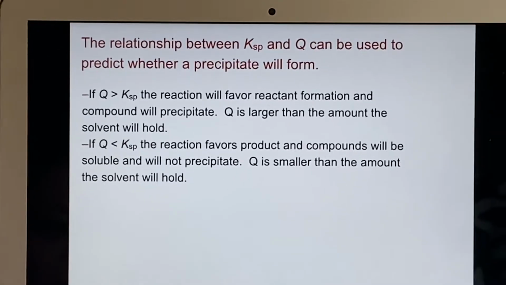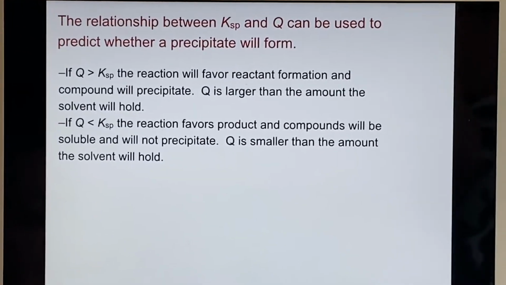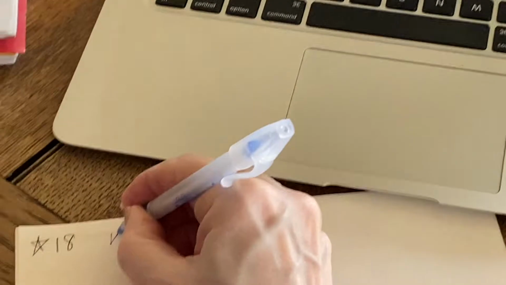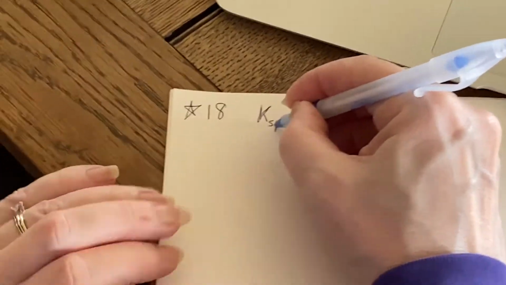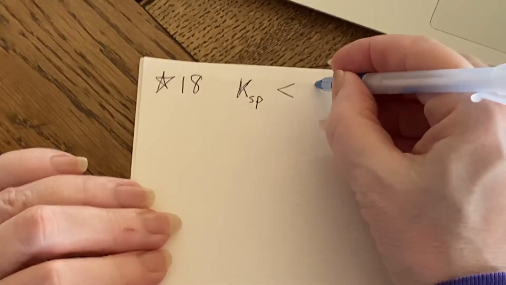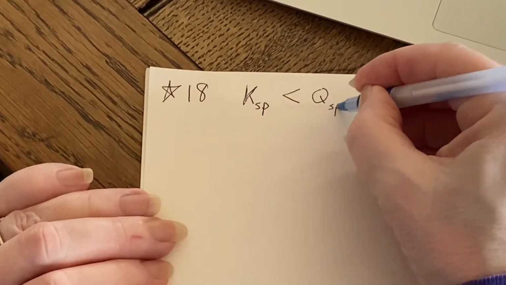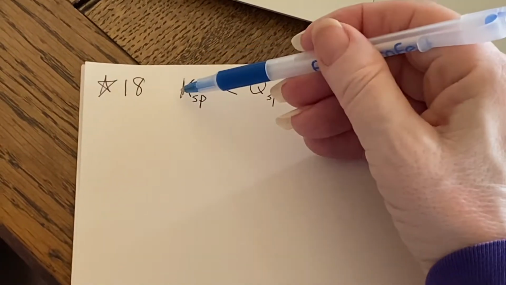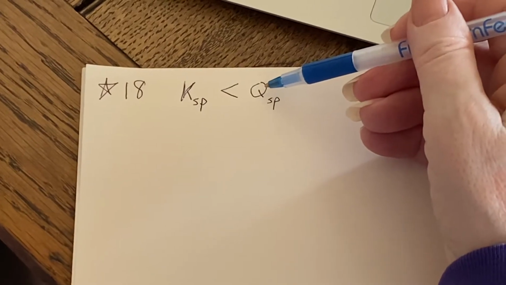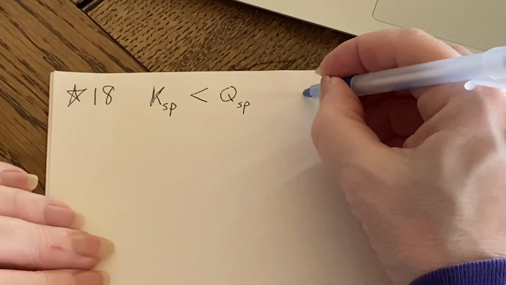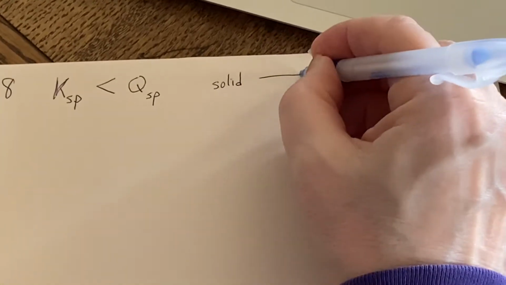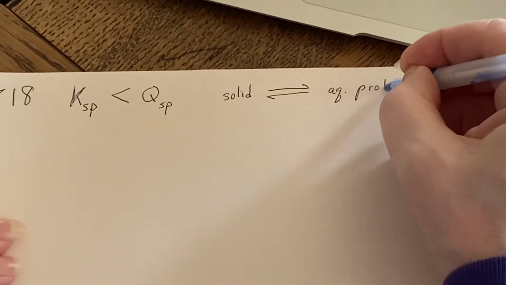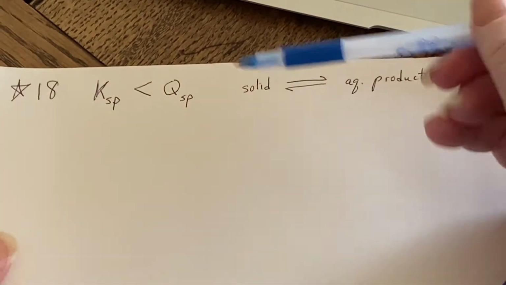Now, I will point out, if you will remember, I wrote this in alphabetical order before. And I still like to write it in alphabetical order, because if I write Ksp is less than Q, and I'm going to put sp here because it's formed in the same way, then I can see which direction things are going to go. If Qsp is too big, then when I'm talking about my solid that I am trying to dissolve and it's in an equilibrium with aqueous products, then I can see that if Qsp is bigger than